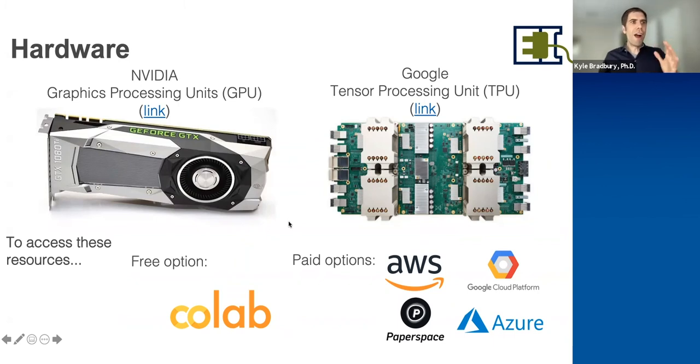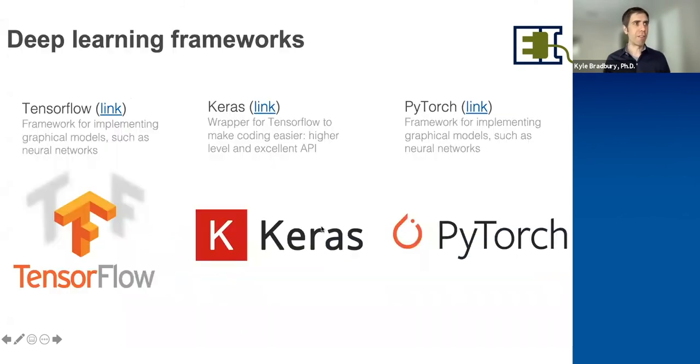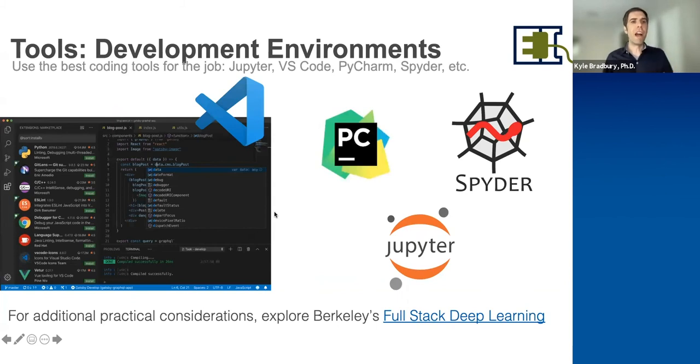The other is kind of the software that helps make the magic happen with all of these algorithms, and these are typically deep learning frameworks, things like TensorFlow, PyTorch, or wrappers for TensorFlow like Keras that make it a little bit easier to code. So you probably have to be familiar with some form of these to be able to use some of these techniques, and have a development environment that you're comfortable in, whether it's VS Code or Jupyter Notebooks, Spyder, or PyCharm. There are a number of considerations there.